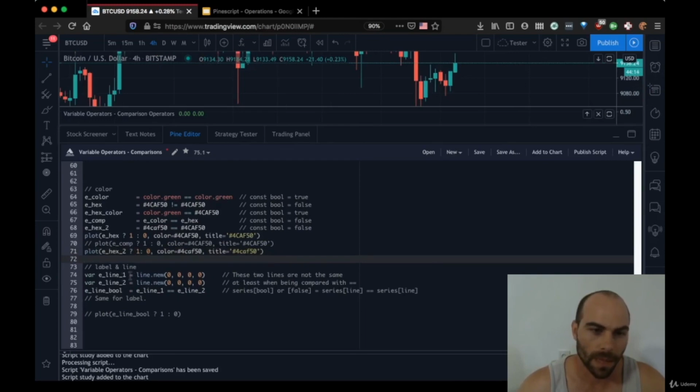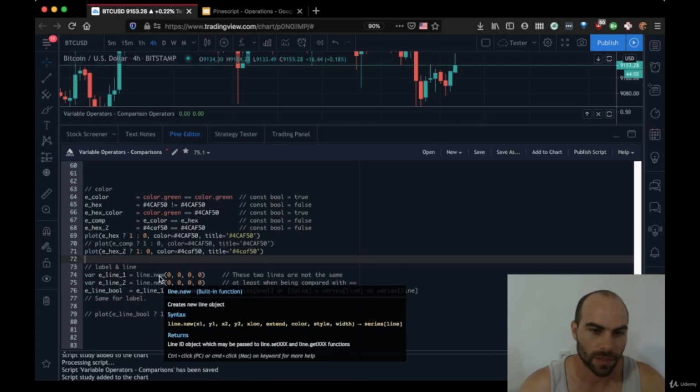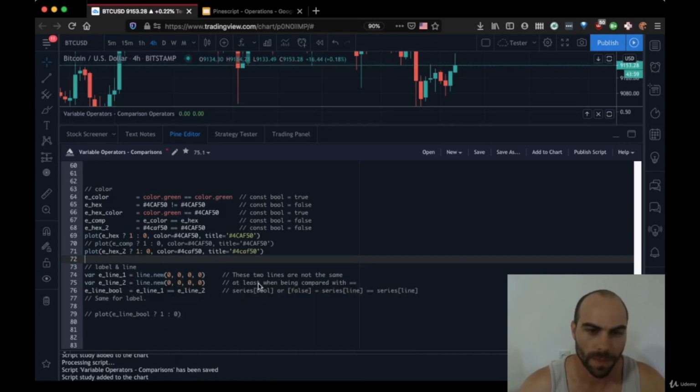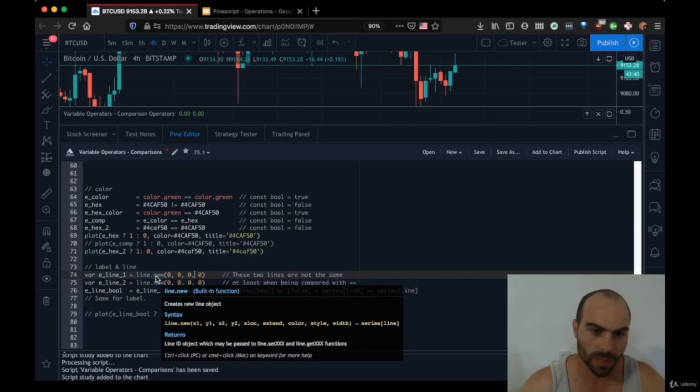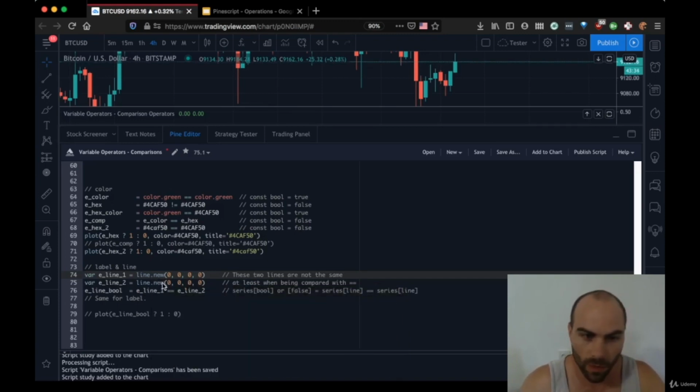And you can compare labels and lines. This is how you initialize a line right here. Basically, you can put in some parameters here, and I'm just doing some basic initialization for some lines. So I've got line 1, line 2, they're identical lines with the variables that you're initializing. So the line will start at x1, y1, x2, y2. So it's just the points that you can plot for the line. And then the second one will start at the same exact point. But when I compare them, eLine1 is equal to eLine2, this will end up being false,